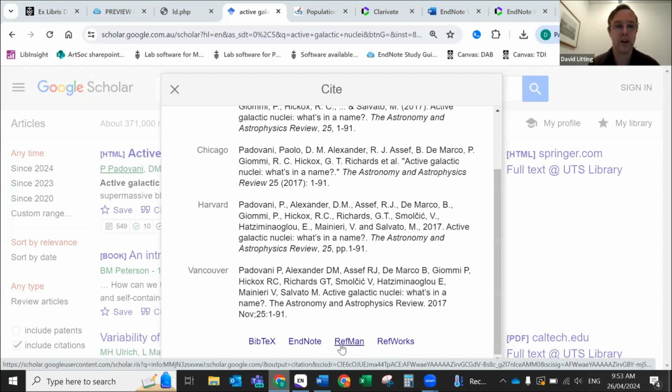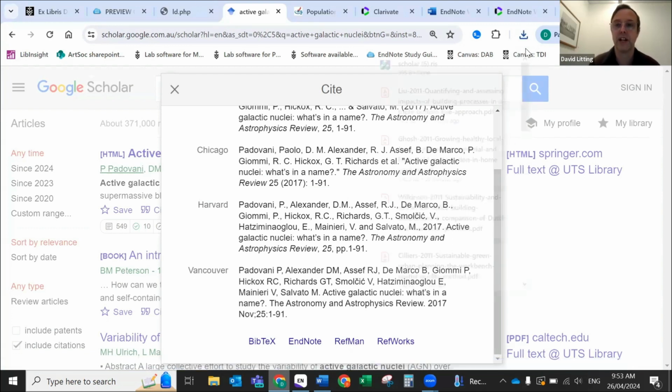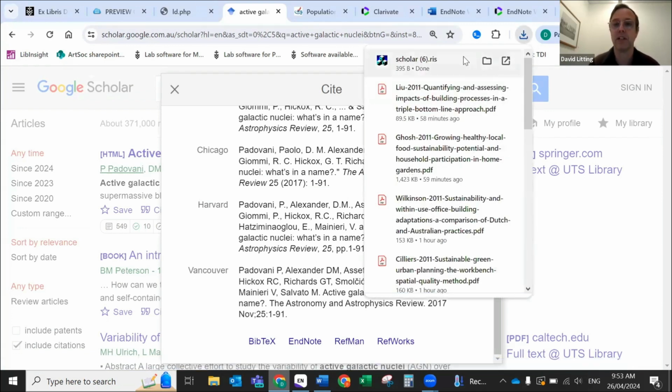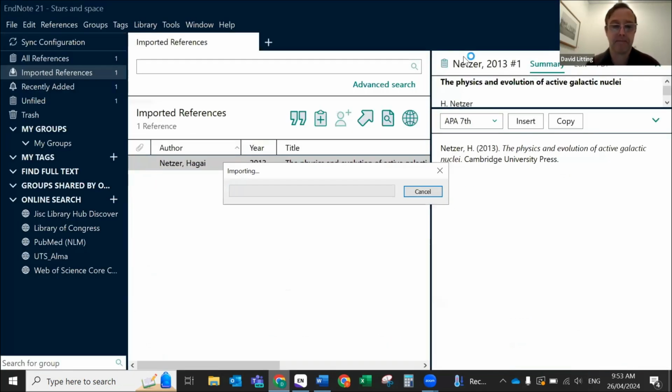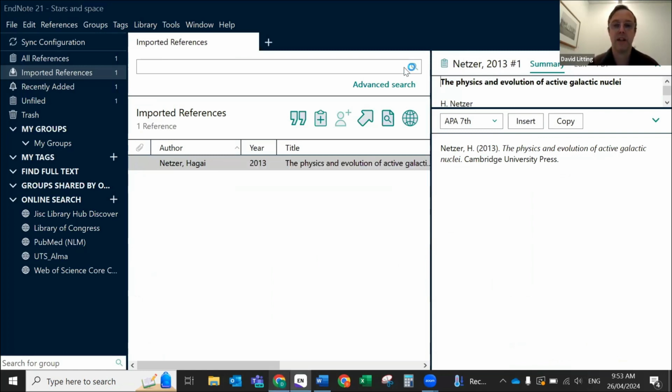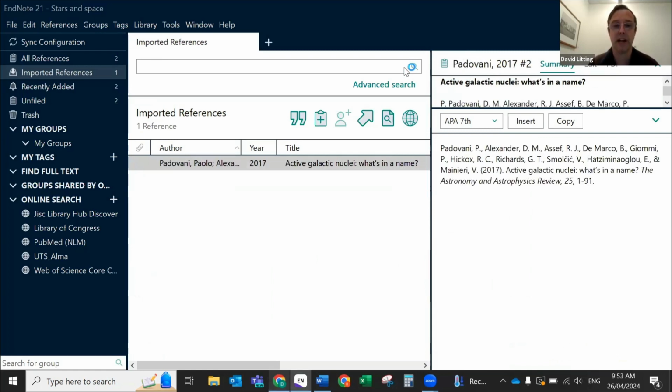I've actually tried downloading this particular citation using EndNote and RefMan, and they're almost the same. However, RefMan just deals with the authors slightly more accurately in terms of their initials and stuff. So I'm going to use this, press RefMan. It goes into your downloads folder much the same way the library one did. And when you click on it, hey presto, you have a second reference in your EndNote library, active galactic nuclei,